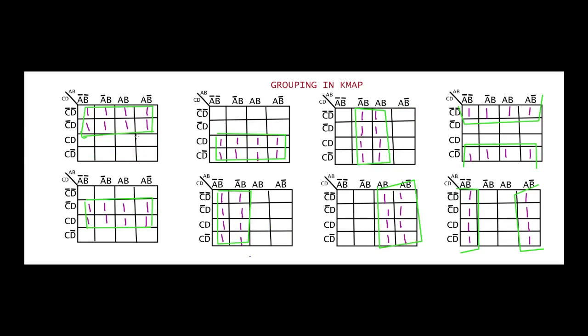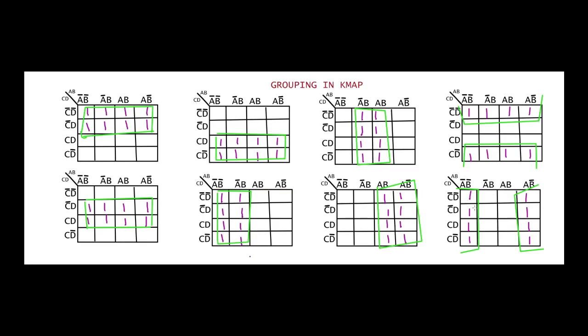How many possibilities do we have for 8 ones, in how many ways can we group? In the first case, we have 1, 2, 3, 4, 5, 6, 7 and 8 ones, and I can group all of these together. One more form is this way. If I have ones here, I can group in this way, and also here, this way. If you have 4 ones here and 4 ones here, by making this 4 and this 4, completely 8 ones become a single group.